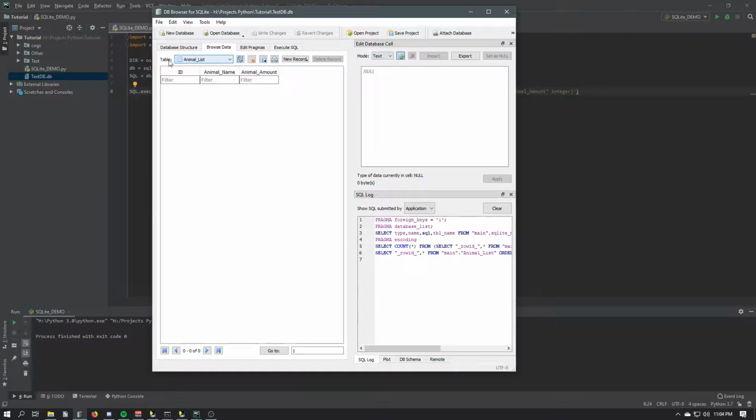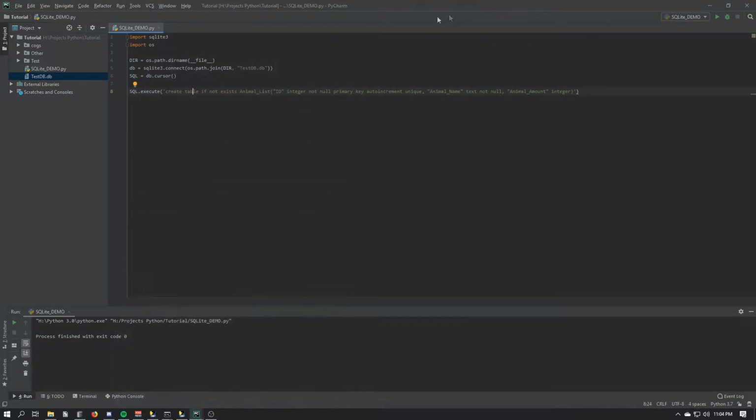As you can see, we're on the table animal list, ID, animal name, animal amount. And there's nothing in here, because we haven't added anything. We can add a new record and fill it in, but we do not want to do that. Okay, so now, what do we want to do? Our farmer friend has told us that he always has 10 cows. So what we basically want to do is SQL.execute,